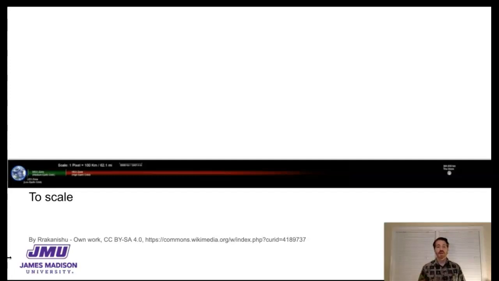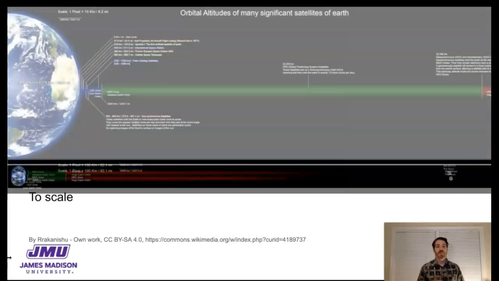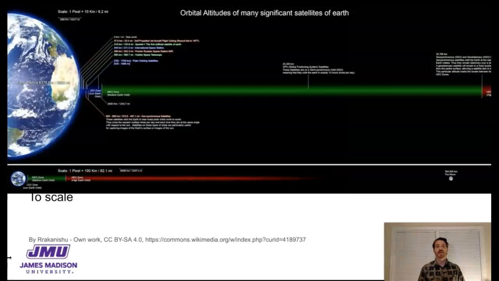This is a scale of how far away the moon is from the Earth. It's about 60 Earth radii, and it varies a little bit in its orbit. From one month to the next, the moon gets a little bit closer and a little bit farther away, but it's about 60 Earth radii away from the Earth on average. And we're going to get in much closer to the Earth to see the scale of how far away things are, like the International Space Station. This is to scale. If you look at this image of the Earth, how thick the atmosphere is on that,